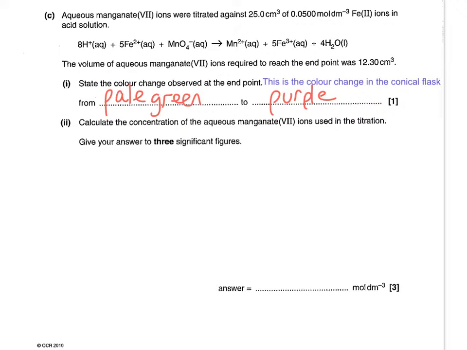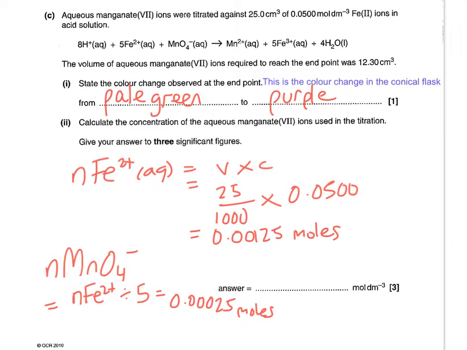Now it asks us to calculate the concentration of aqueous manganate(VII) ions used in the titration. We start by working out the number of moles of Fe2+ using the data at the top, and then we can work out the number of moles of MnO4−, because if you look at the equation, I've annotated the 5:1 mole ratio. So you divide the number of moles that you worked out for the Fe2+ by 5, which gives us